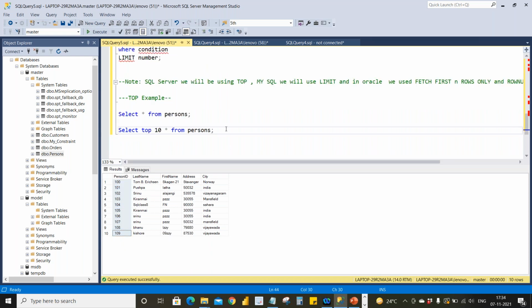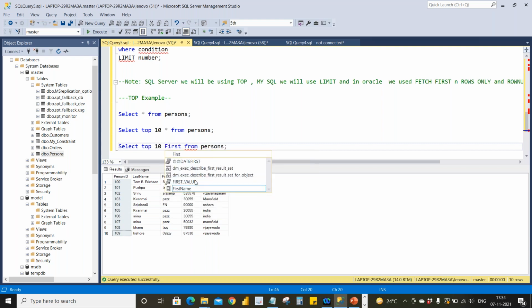In a similar way, instead of star, we can give some other column name. We can give person ID or we can give first name, like that. So I want to give first name here.